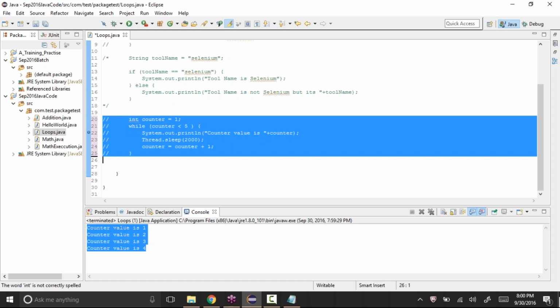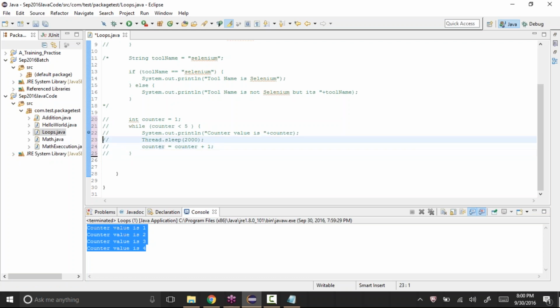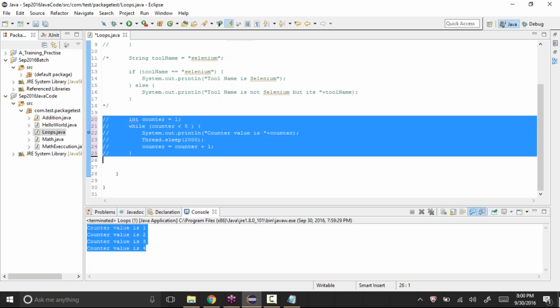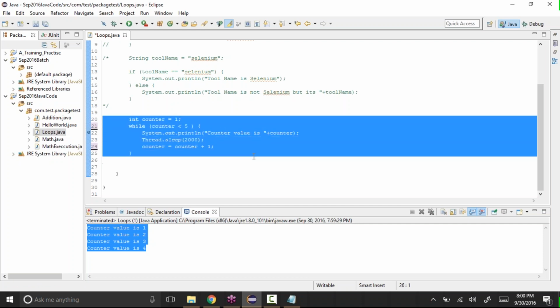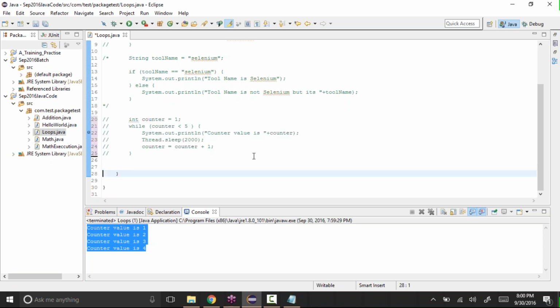And if you want to remove it, again you can select that block of code. If you want to remove the comments, select it and press Control and backslash again, which will remove the comments. See, like this. So you don't need to go line by line and comment it if it is a block. So Control backslash, like this. Okay, save it.